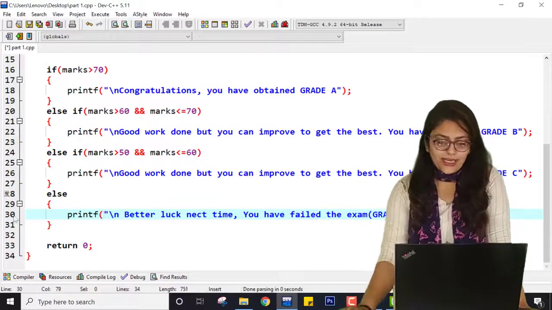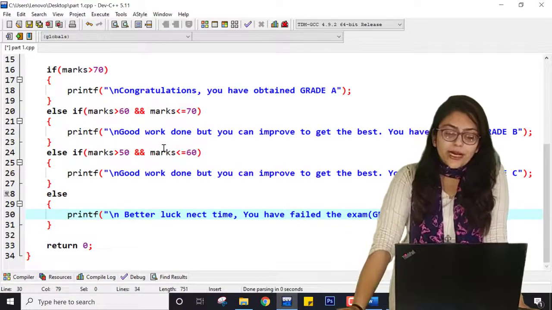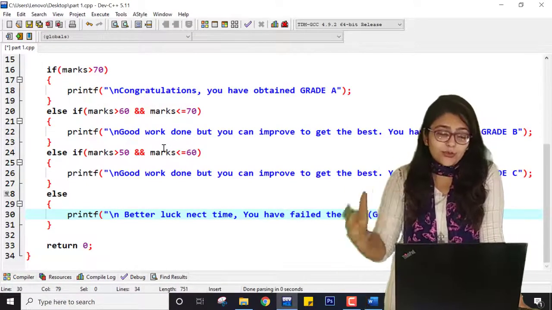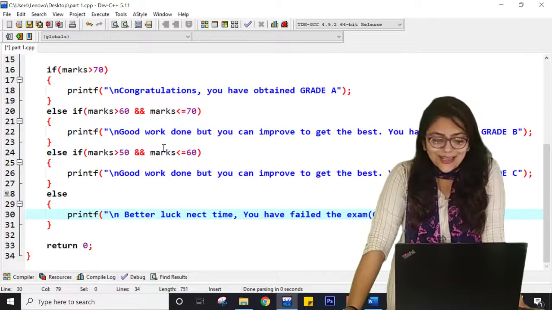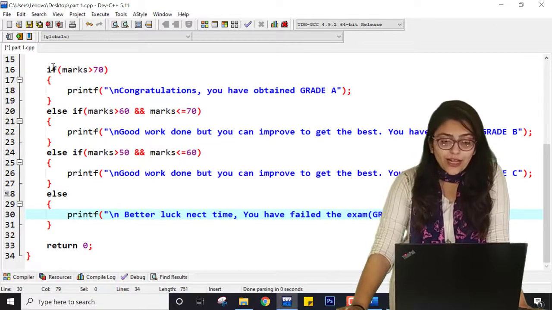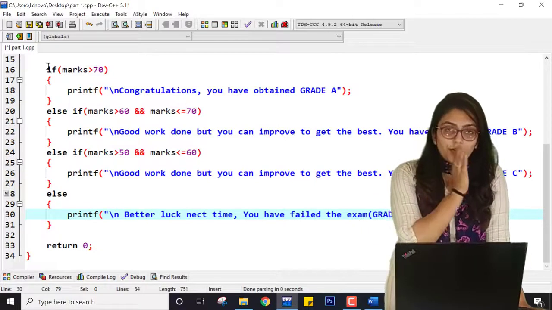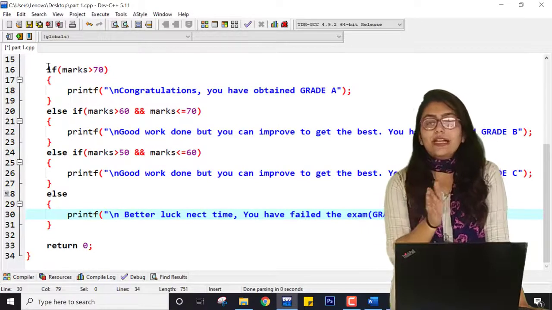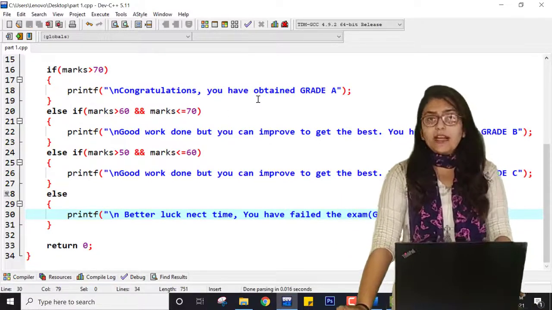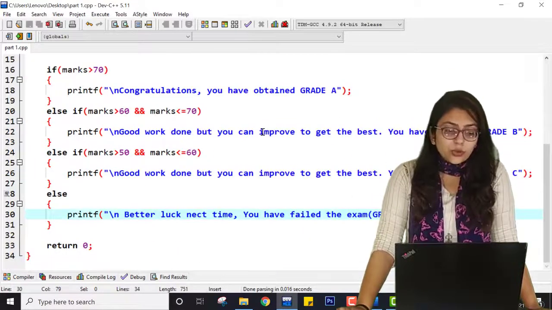Right, so this is the case. Now one may ask, I hope you have this question in your mind, what if I have entered say 105? There are some mischievous students, right, who write something like that marks is 105. What if marks is 105? That means marks range should be in between 100 to 0. We cannot write anything beyond 0 or anything after 100. So this is the correct program, but a good programmer is one who covers all the test cases.